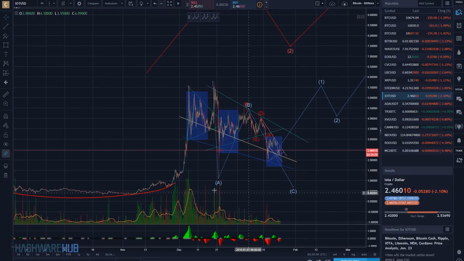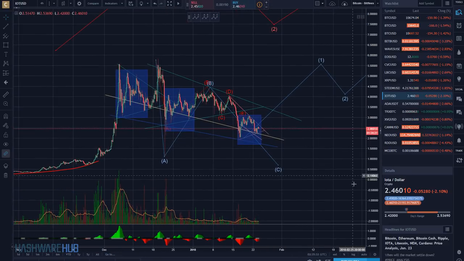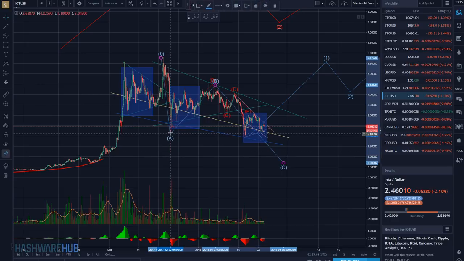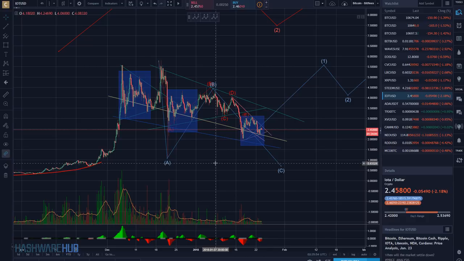Next. What we were thinking was going to be happening here is this ABC correction, and we've said this some time ago. The A doesn't necessarily need to be down here because this is a huge wick. Maybe the A really should be somewhere over here. But I like to put it here because it forces me to prepare for the worst. So what do I mean by that?